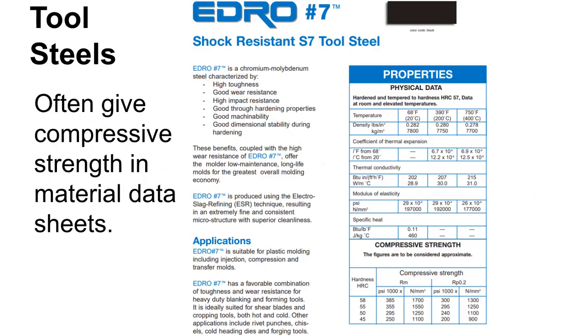All right, tool steels, you'll very often see they will have a compressive strength listed in the specs for that steel. Okay, so here you can see for a particular hardness value, and we haven't talked too much about hardness yet, that you can expect to get a certain amount of compressive strength out of that material. Because a lot of tool steels are designed to work in compression. So think about things like punches and dies. These things experience really extreme compressive loads.